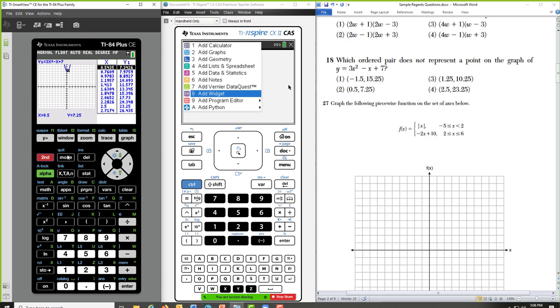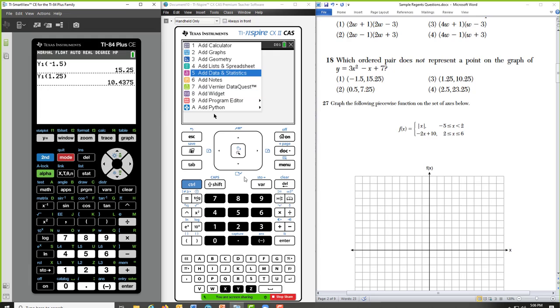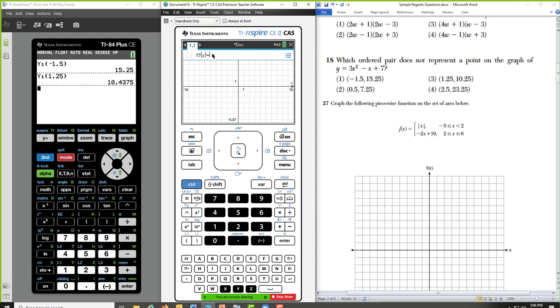I'll second mode quit out of that. On the Inspire, one way of doing it possibly, in f1 of x equals, type in your function, 3x squared minus x plus 7.